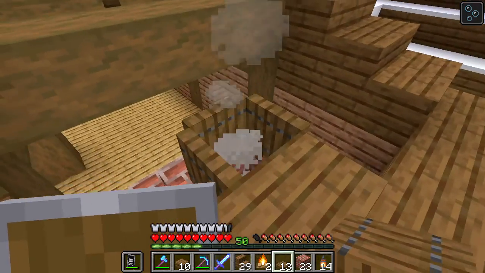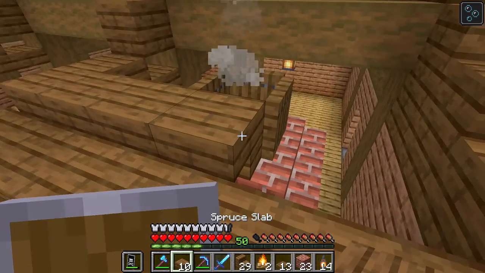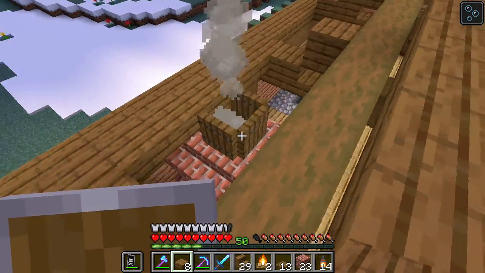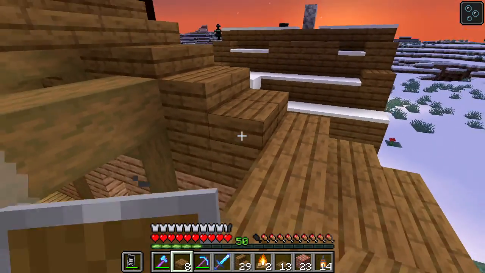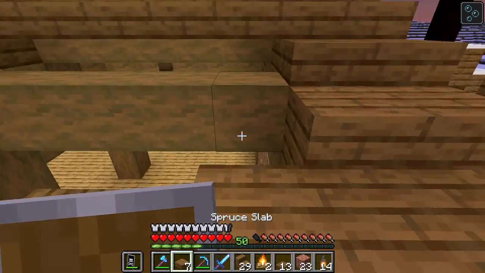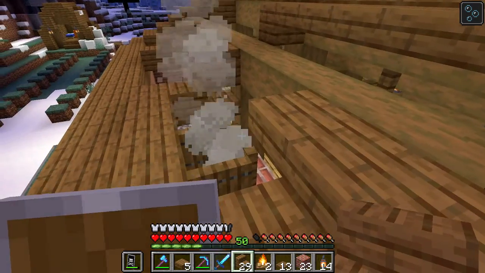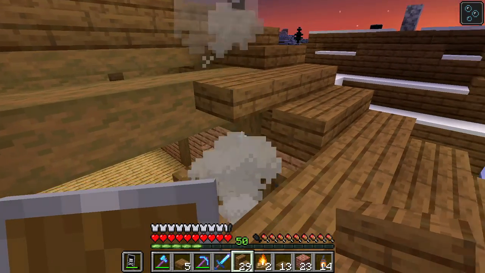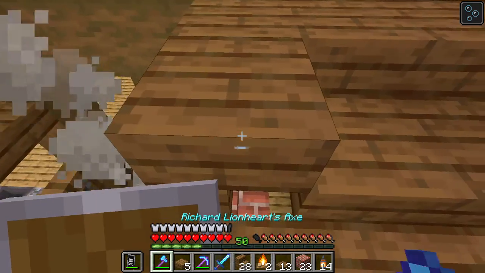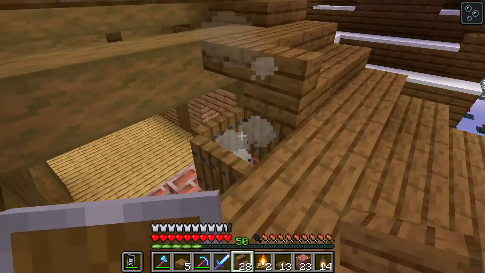And then we place some spruce trapdoors like so to make a nice little stovepipe for our oven here. And then coming in like so. Actually, place this first, but again, place a... Well, that's not what I want to do. Oh, I know what I can do. I can just shift click on this and place upside down stairs